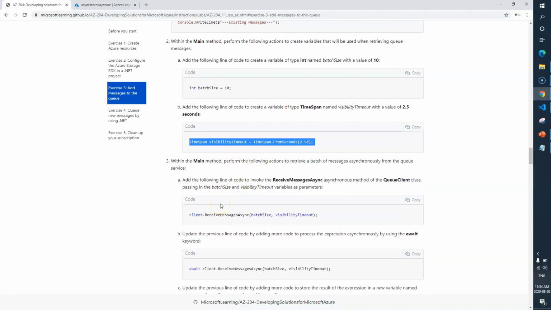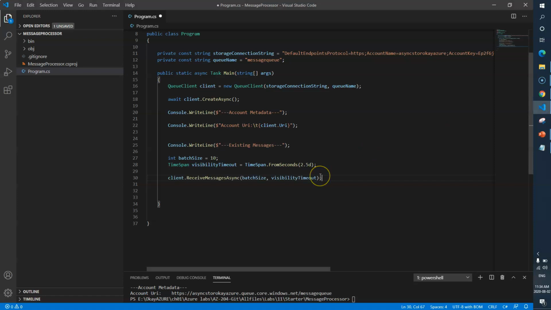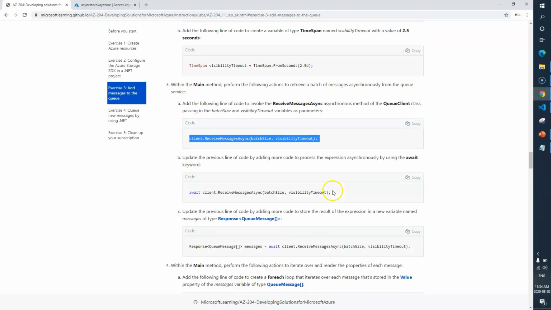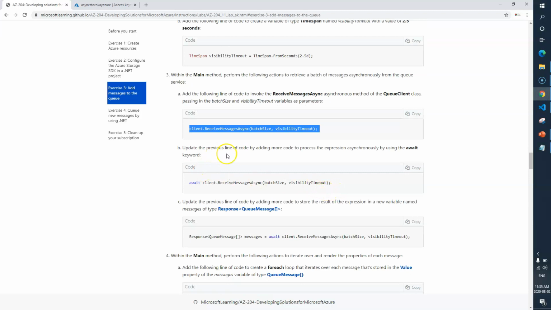Now in the main method, we need to add this line of code to invoke the ReceiveMessagesAsync method of QueueClient. So here, basically we are going to receive messages. We'll read the messages from the queue. Next, update the previous line of code by adding more code to process the expression asynchronously. Basically here we just need to write await.